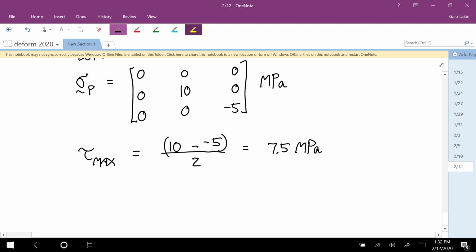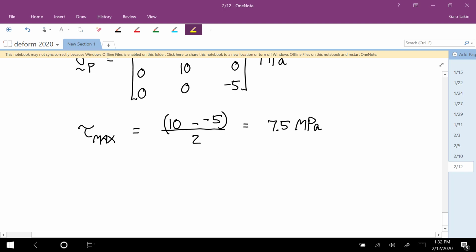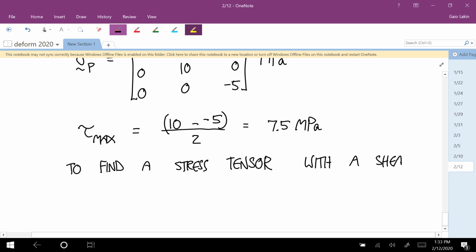If you want to find a stress tensor with a shear stress absolute value of 7.5,